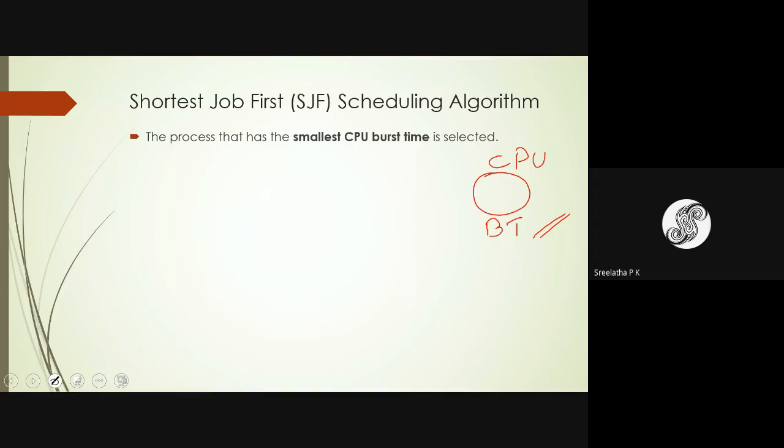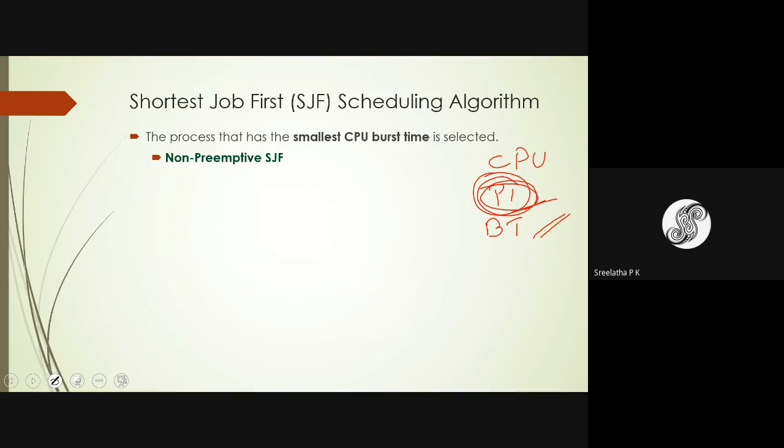Fine. So there are two types of SJF scheduling algorithm. Non-preemptive. Non-preemptive means once the program, say P1, is selected for execution, it runs until it completes. As I have told, in this particular syllabus we are not considering any interrupt or IO request coming.